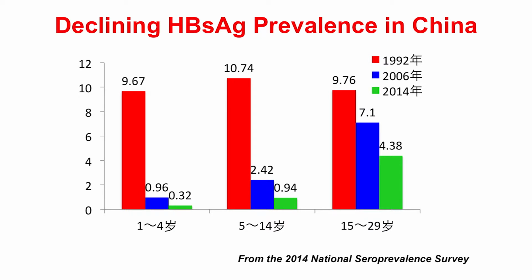Then even more dramatically, the new data released just last month, I think 2 months ago, we can see declining surface antigen even further in the young generation. We can see the blue bar, that's the data from the survey from last year. You can see in those less than 4 years, the prevalence is only 0.3%, whereas between 5 to 14 years old, less than 1%. Even those under 30 years old, less than 5%. So this is newly unpublished data, but already officially released by the government. So I just show this slide.